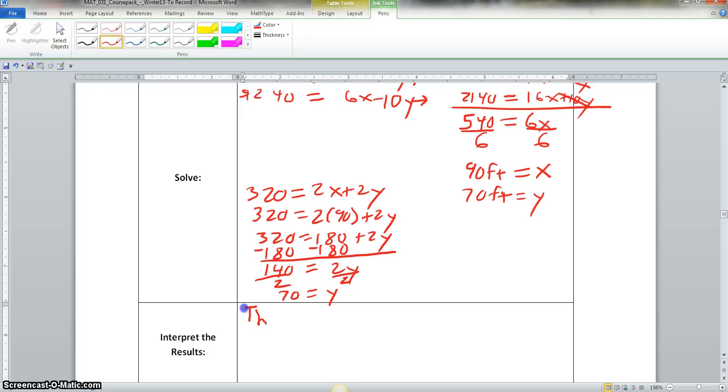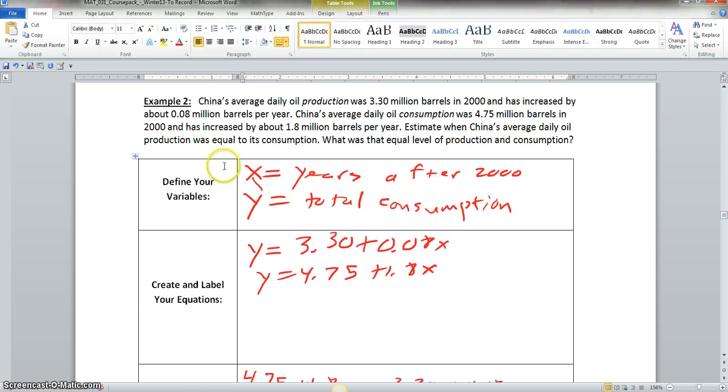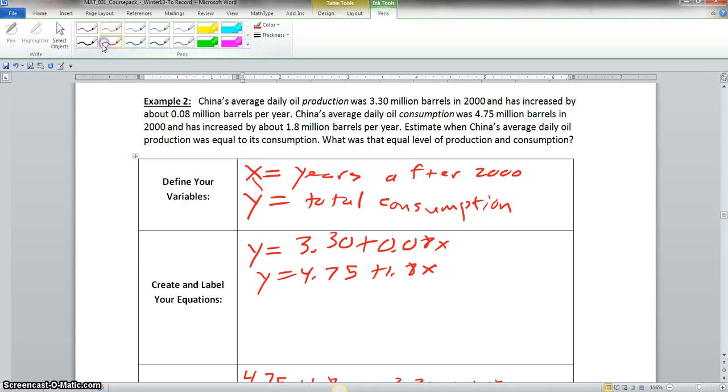So the length is 90 feet, and the width is 70 feet. And we're done. Now class, for examples 2 through 4, I took the liberty of filling them out, but I